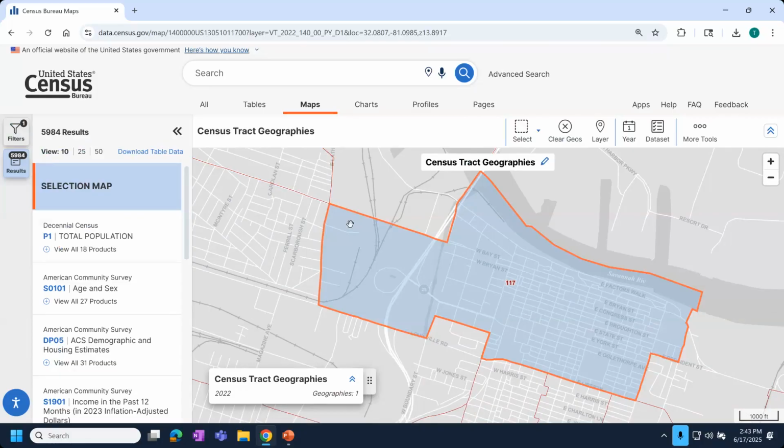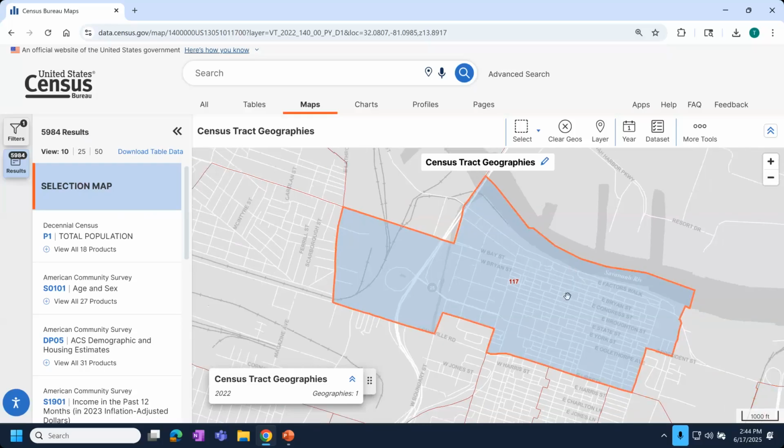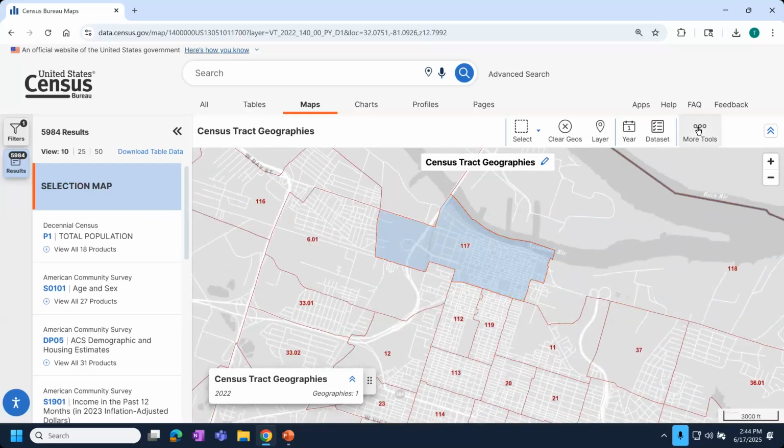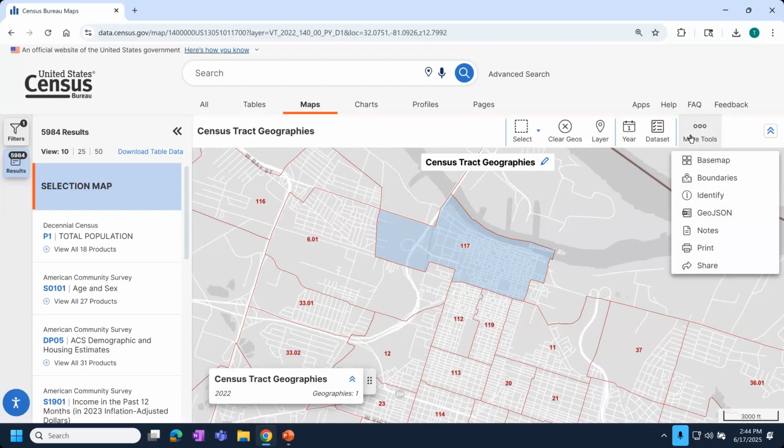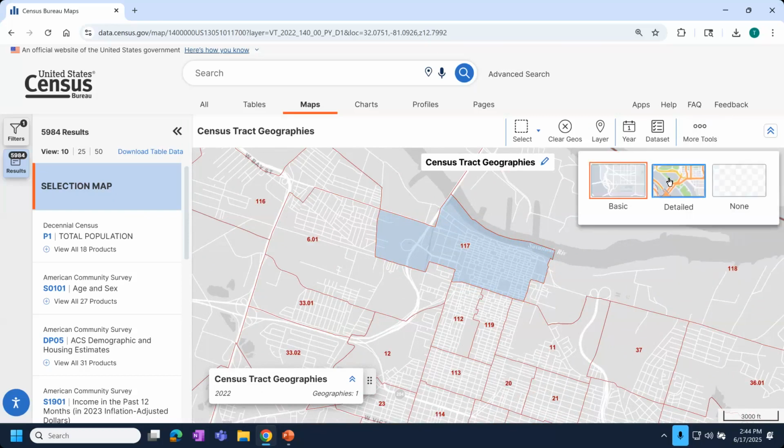So to go a little bit further with this, I also wanted to show you the base map and the boundaries. At the top of the map toolbar, you'll see base map. That is the details that you see behind the scenes to help give you a little bit more reference for your map. So by default, you're going to have the basic base map that gives you some street lines and